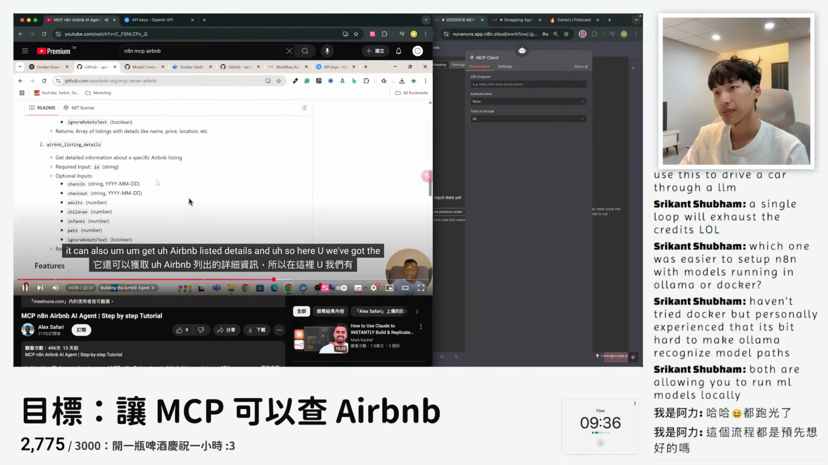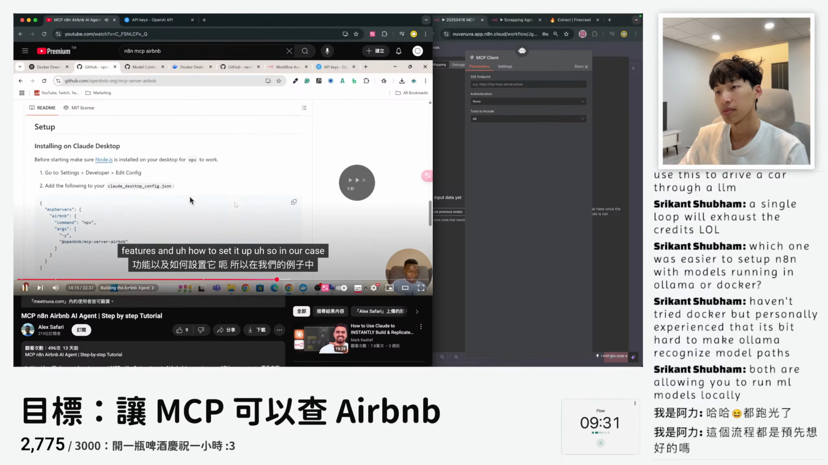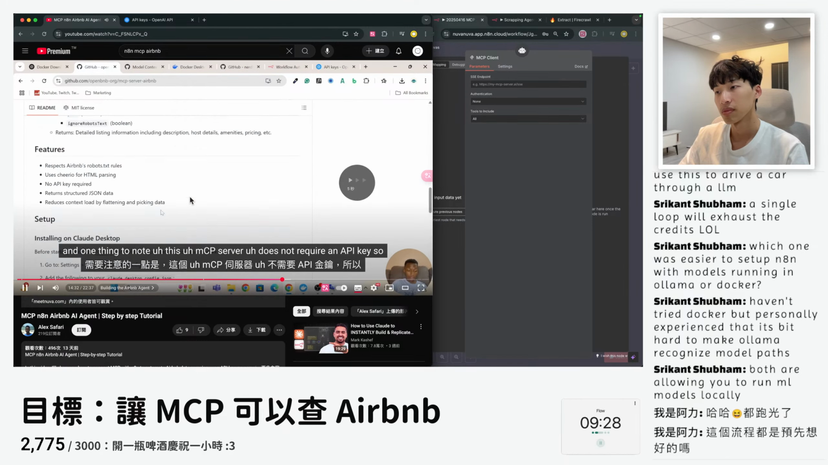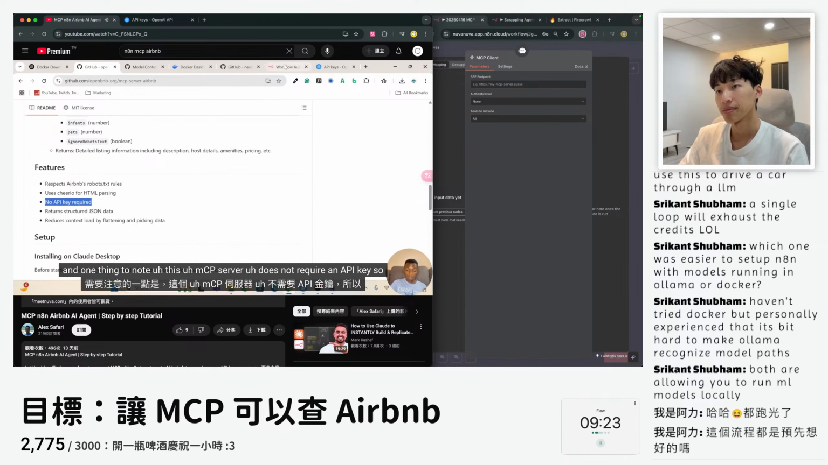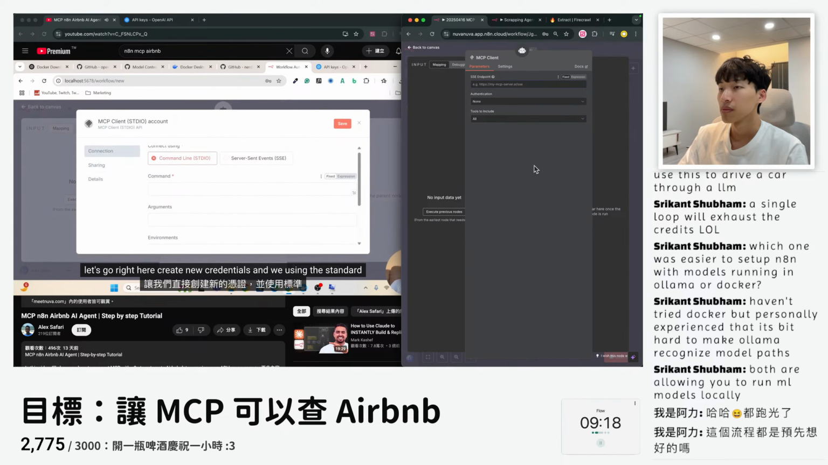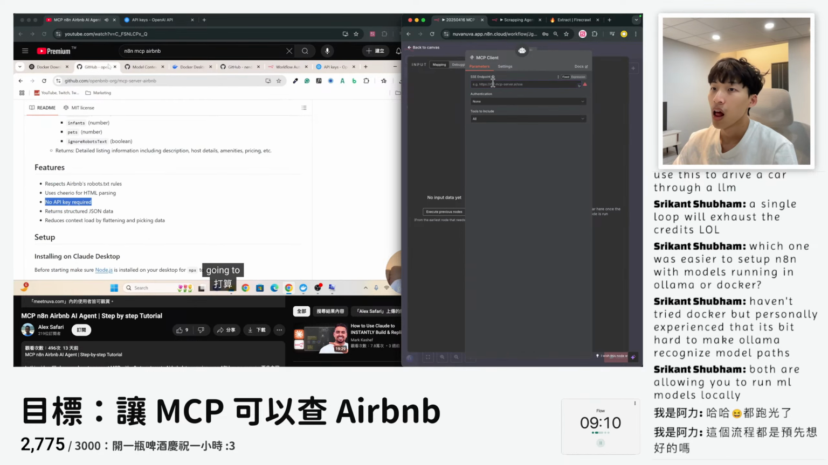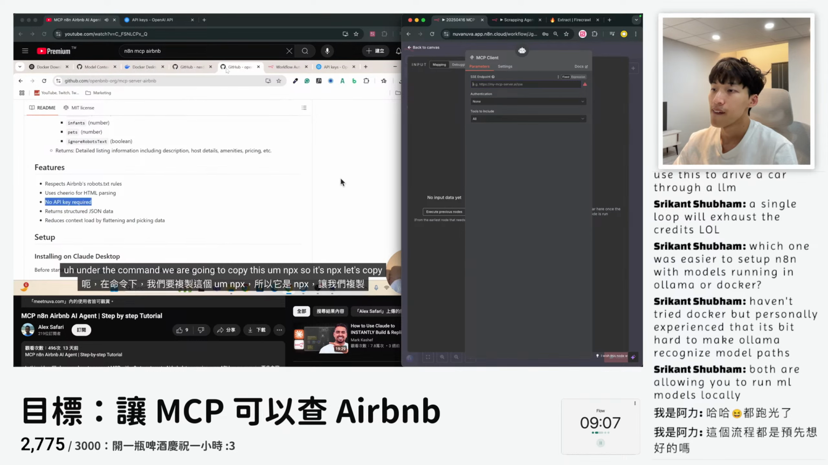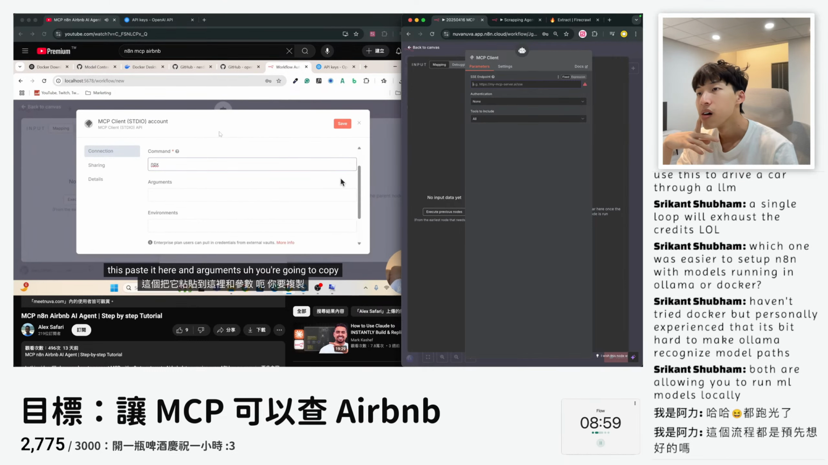get Airbnb listing details, and so here is how to set it up. We are going to call this MCP server, which does not require an API key, so let's go right here, create new credentials, and we are using the standard input output, the stdio, and under the command we are going to copy this npx, so it's npx, let's copy this, paste it here,